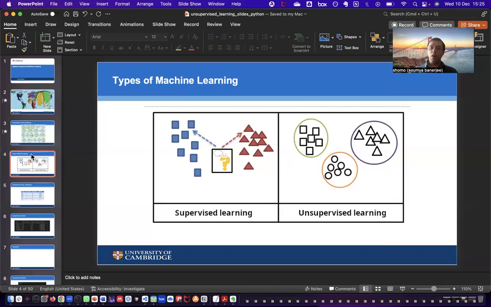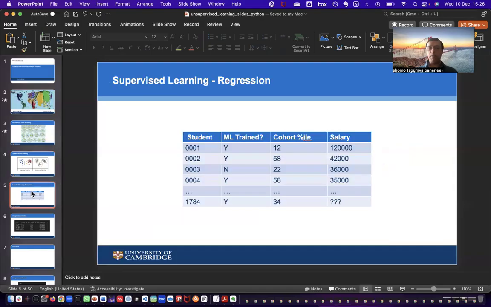So the start of any machine learning pipeline or any machine learning process starts with unsupervised machine learning. You find patterns, you form hypotheses, then you potentially collect more data or do different things with your data, and you can gradually turn it into supervised machine learning. But really, the way that unsupervised machine learning works, as opposed to something like regression, for example, you have a bunch of students, you have different features or attributes for these students, and you are trying to predict a salary. So a salary is, in this case, a label.